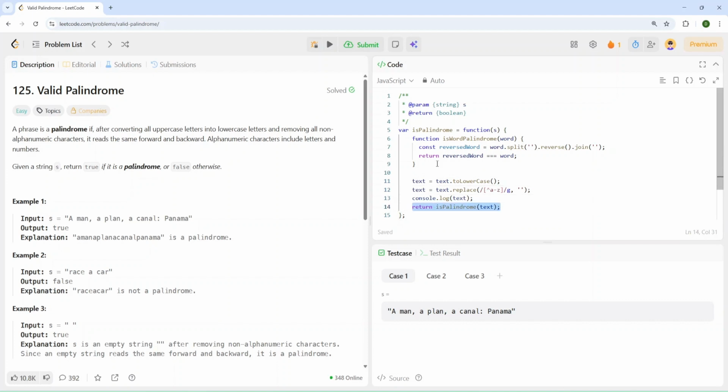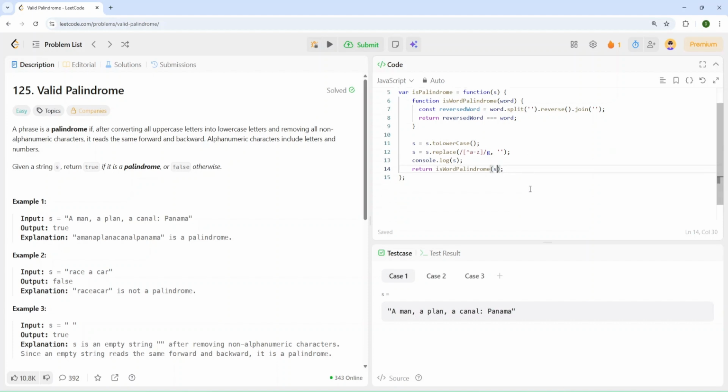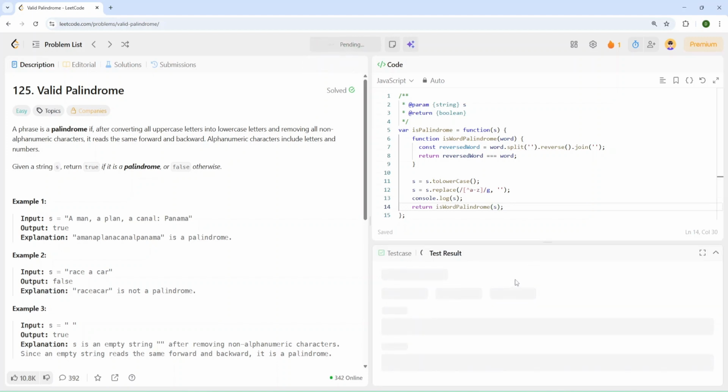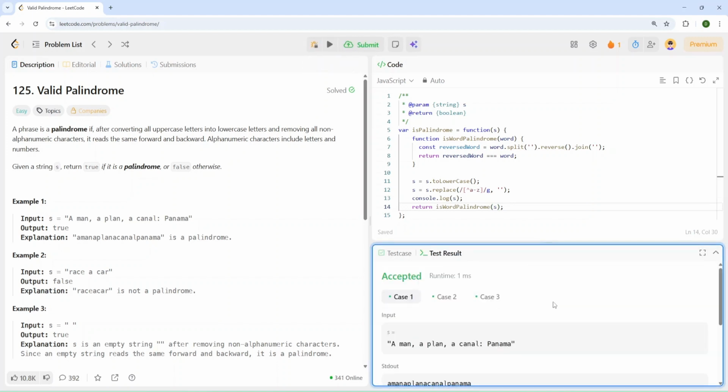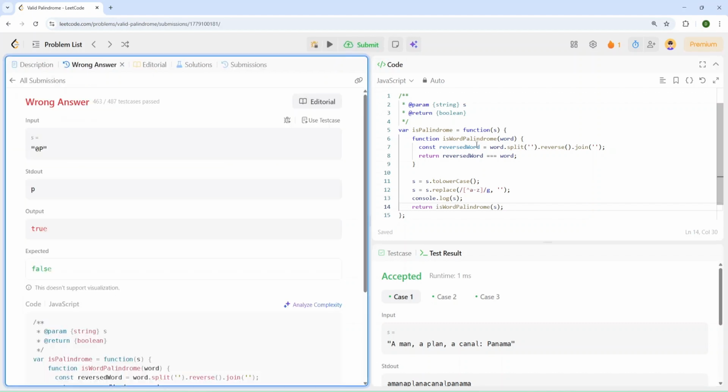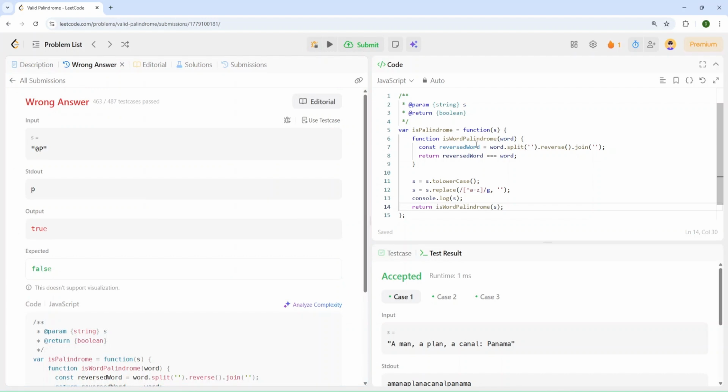And we don't need, yeah, we'll return isWordPalindrome, and here we have string, and let's change our text to string. Okay, and here, and here, and here. Okay, and now I can try to run it on LeetCode, and let's check what we have. And it's running, and as you can see, our test cases passed, and we can try to submit it.